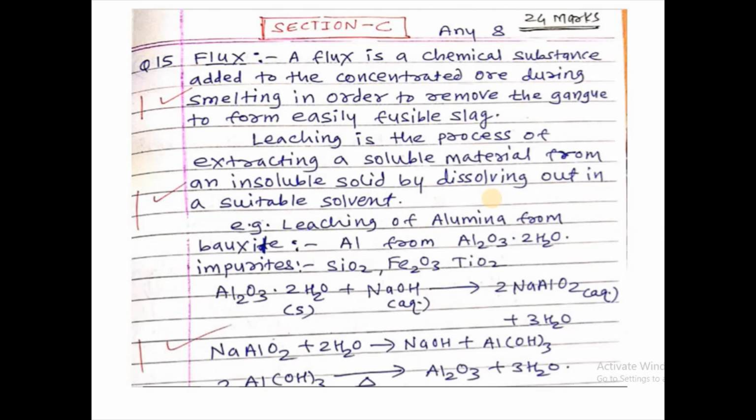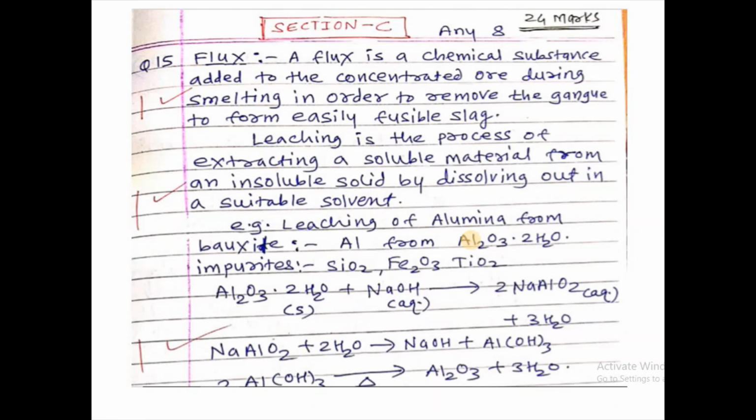And flux is a chemical substance added to the concentrated ore during smelting in order to remove the gangue to form easily fusible slag. It is the definition of flux. Leaching is the process of extracting a soluble material from an insoluble solid by dissolving out in a suitable solvent. This definition carries 1 mark, what is leaching carries 1 mark, and the example of leaching process you can write alumina,